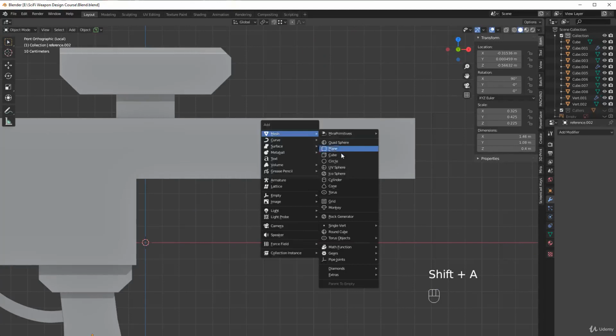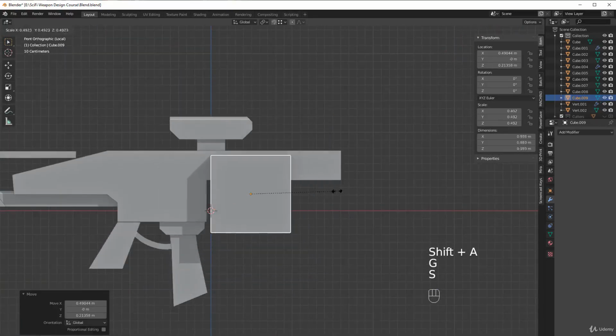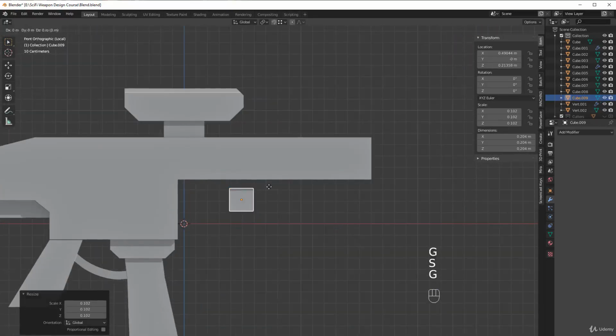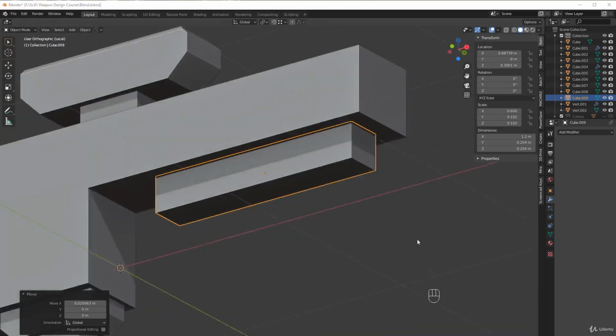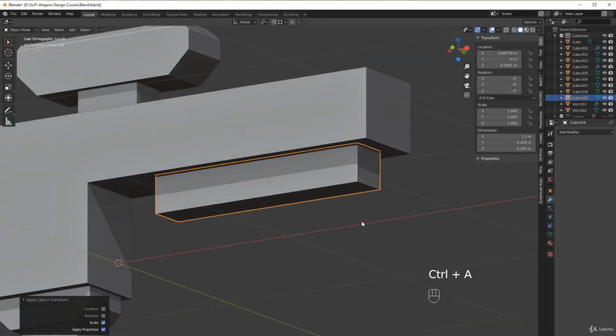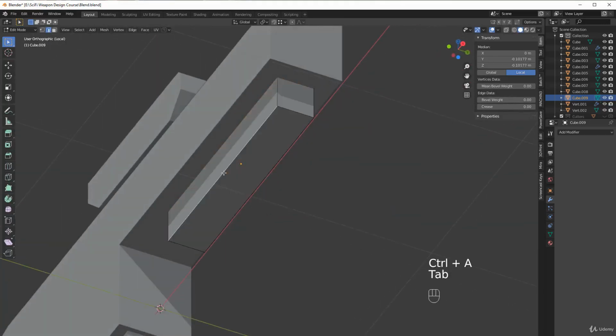I'm just going to add in an additional cube. We'll just place it over here. And just to give it that nice cool sci-fi look, we're just going to scale it across. Snap it. Actually, no, I'll just leave it about here. That looks good. And then we'll apply the scale with Control A,